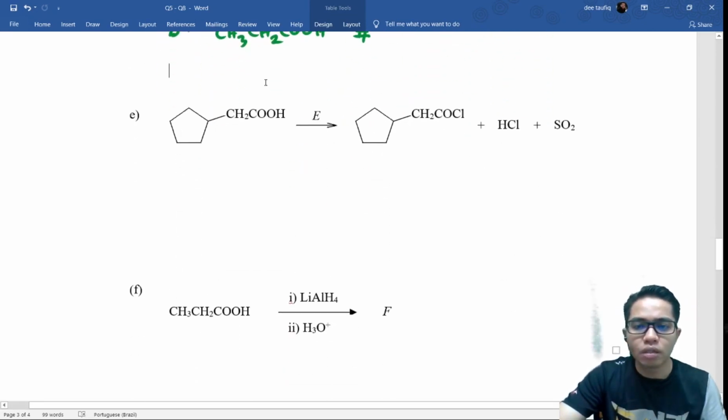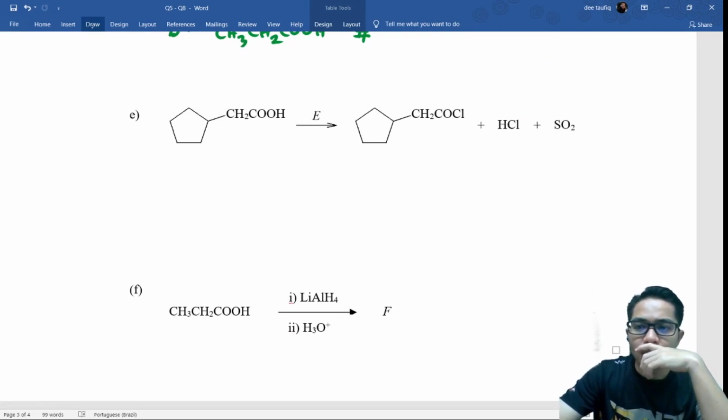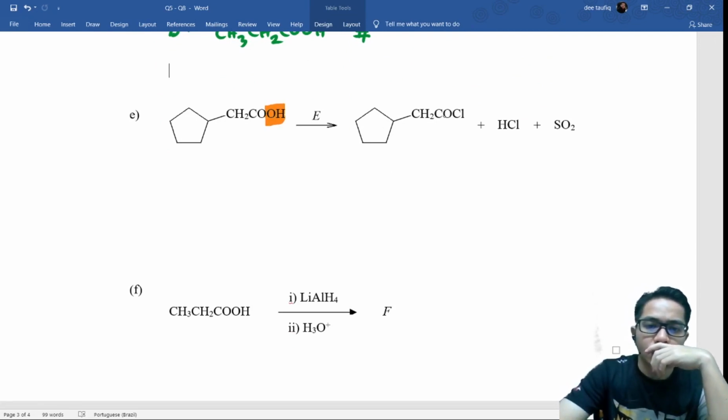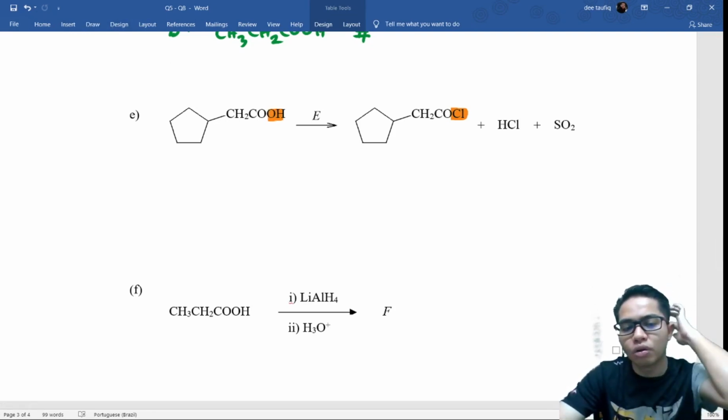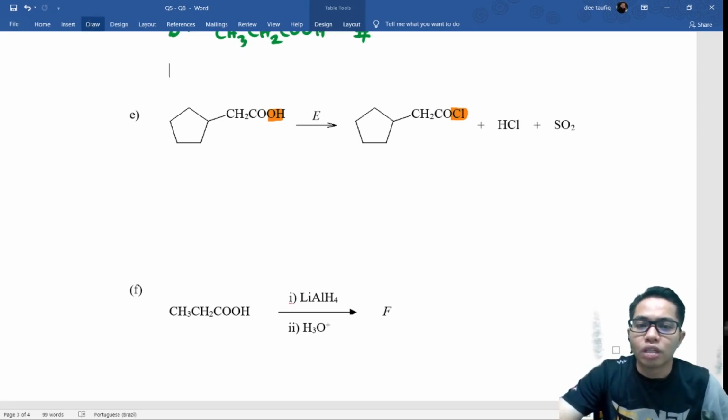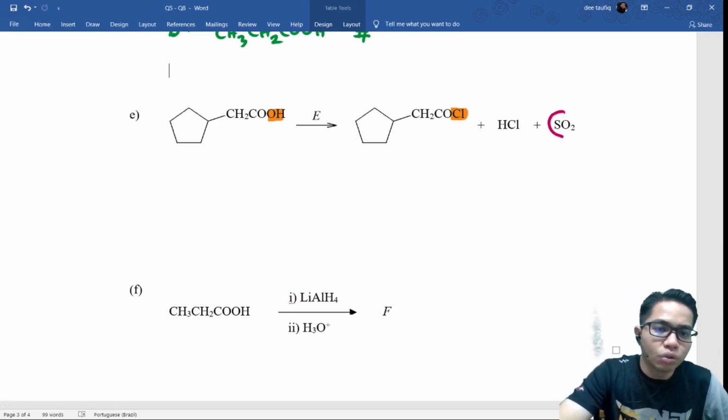Next question E. What are the changes here is OH is replaced with Cl. Itu sahaja. OH part is now replaced with Cl. So ini kita dah buat banyak kali dah. Okay. Sebab dia guna SO2, therefore E must be